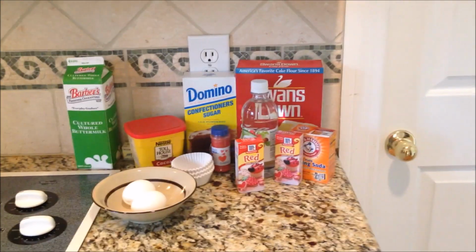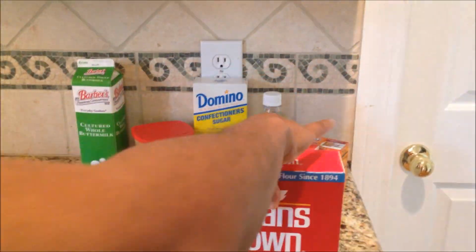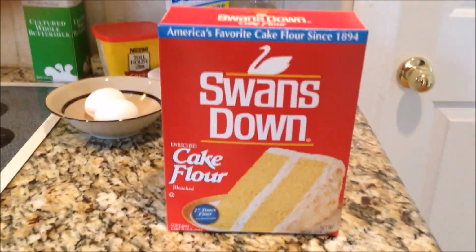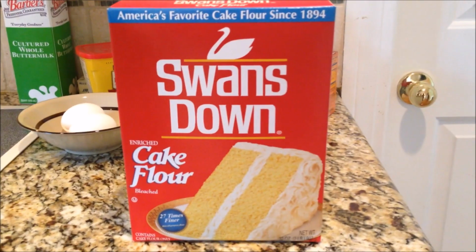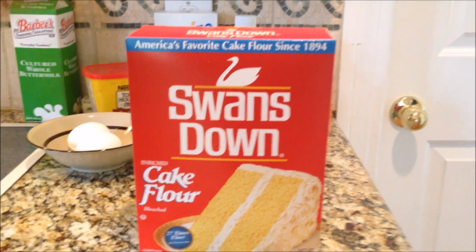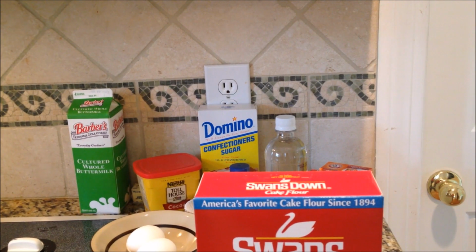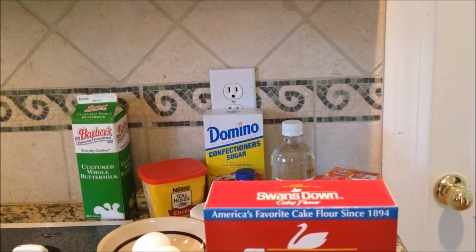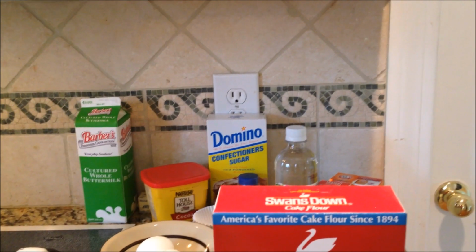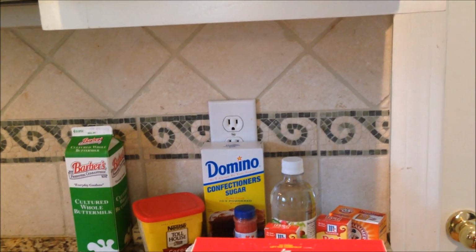All right, you're also gonna need 2½ cups of cake flour. I love Swans Down. That's what my mama used, so we're gonna continue the tradition and use the one that she uses. You need a teaspoon of salt. I'm pretty sure you have that in your house, at least I hope so. A cup of buttermilk, 1 teaspoon of vanilla extract, a half a teaspoon of baking soda, a tablespoon of vinegar,